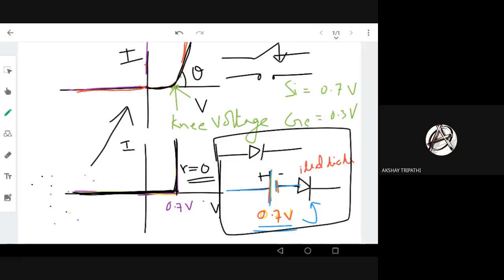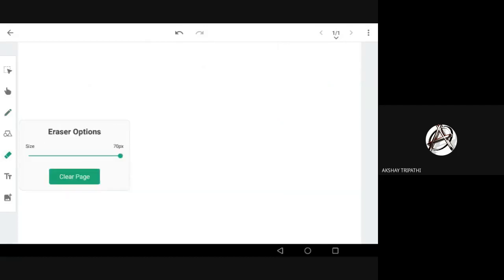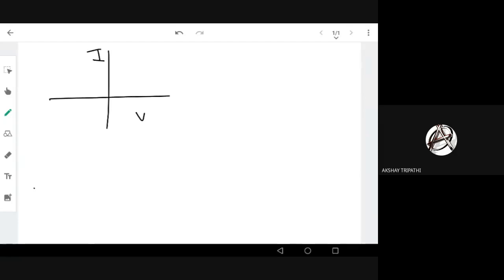In the last example, we had done the constant voltage drop model or constant voltage drop equivalent circuit of the diode. Okay, so once again, I explain this thing. How can I represent the ideal diode? This is my ideal diode. This is I, this is V, and my current will be very high even if there is no voltage drop across the diode. In reverse bias, there is no current. This is the ideal diode, right?